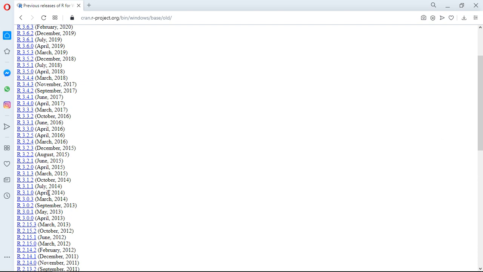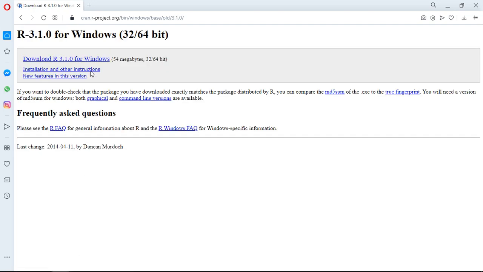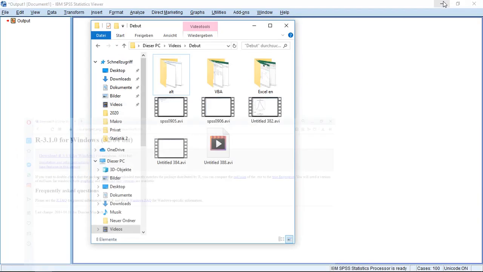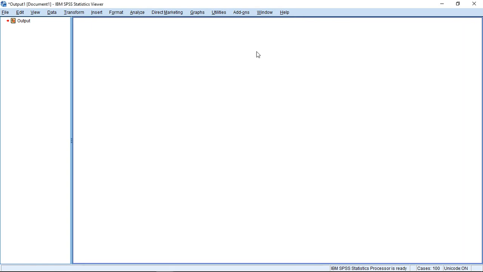So if I were looking for R 3.1, I could use this one here and get the corresponding installer for Windows. Then I can install first R, then the R essentials. Then I can start SPSS. So if I switch to SPSS,